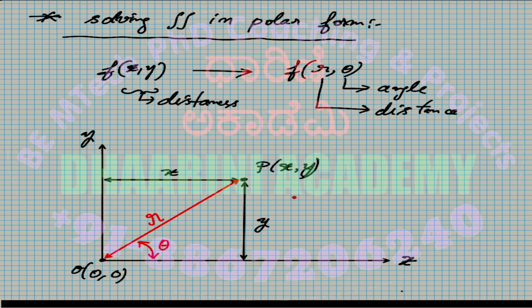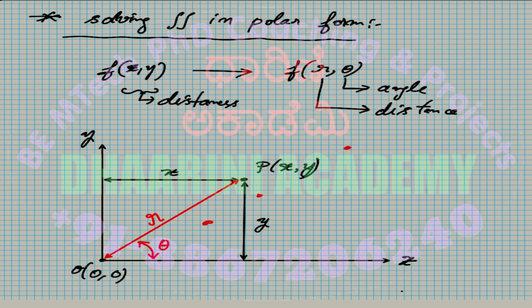If you change theta, definitely this point comes somewhere here, which is a different point, correct, at the same distance, right? If you change r, if I reduce r, you may reach here. You see, this is a different point. At the same time, increase r, you may reach here. So likewise, if you change x comma y in the coordinate axis, which uses distances for measurement,